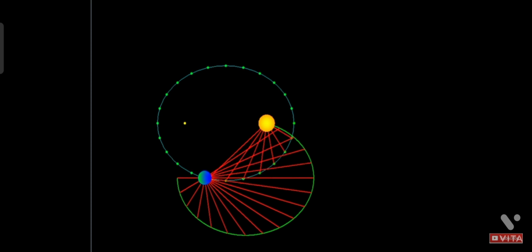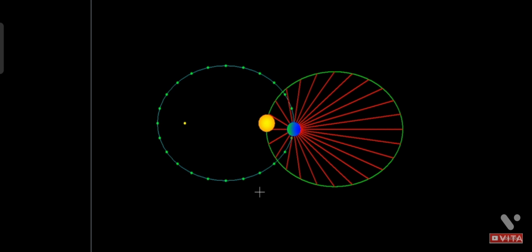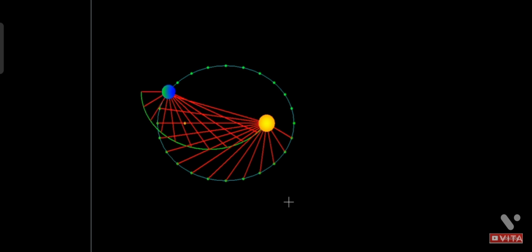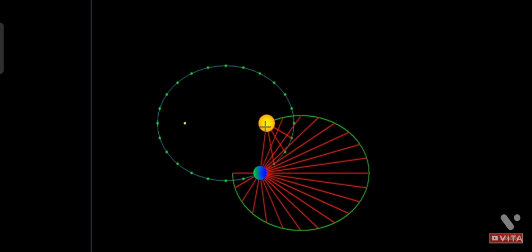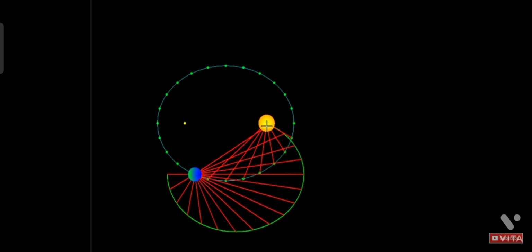There. I have put it in a loop so you can watch it over and over. You can see this also goes with the paper and pencil model that we had. You can see this curve is being traced by the sun really. So it is an ellipse and it's an identical one.